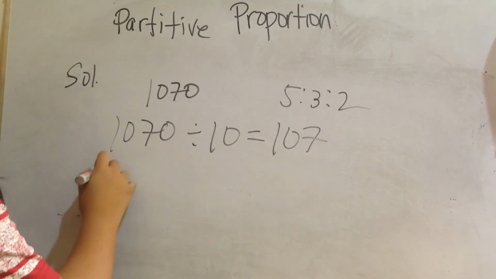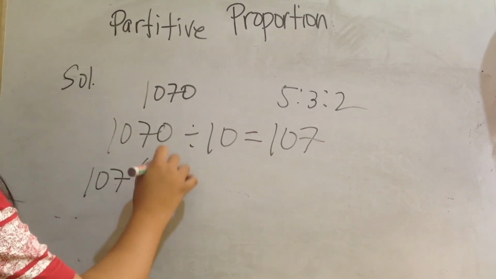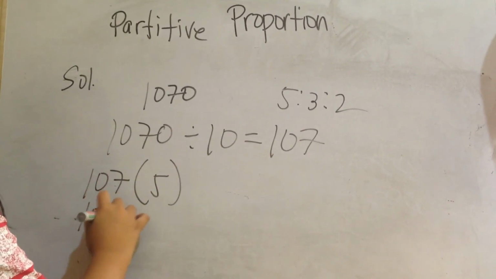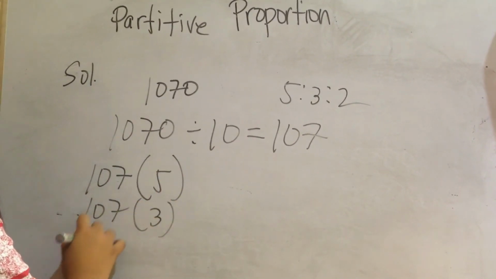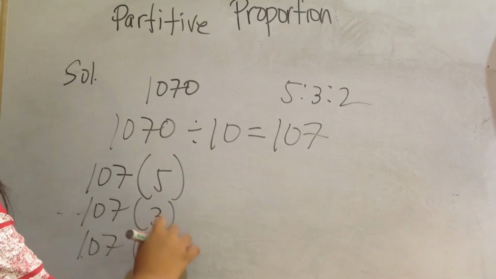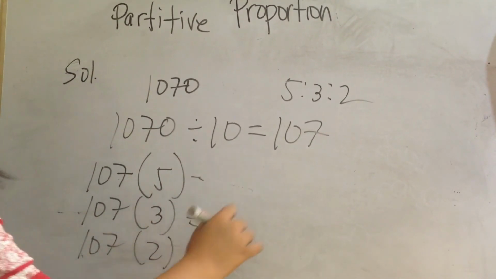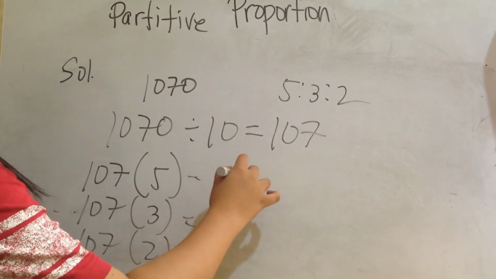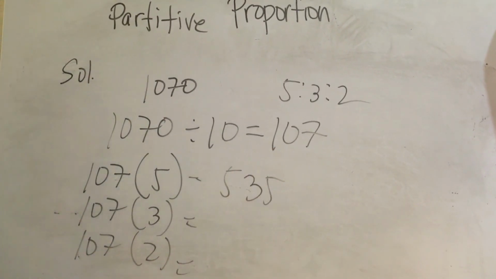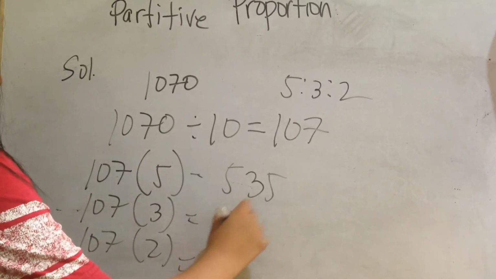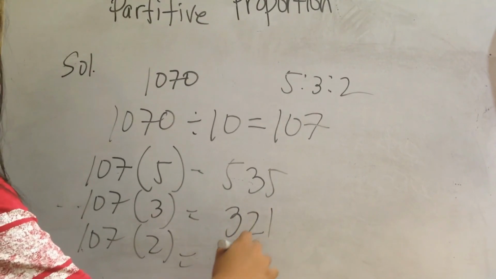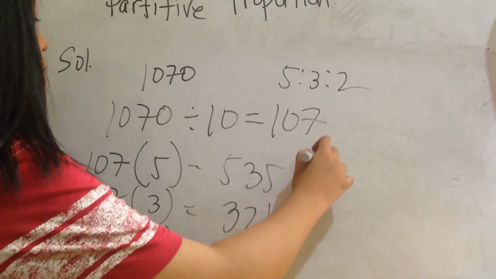Then multiply 107 by 5, 3, and 2. 107 times 5 is 535. So the ratio is